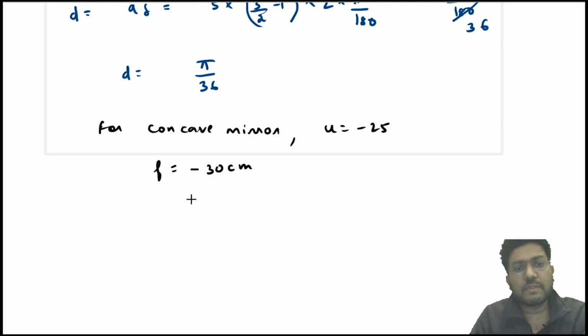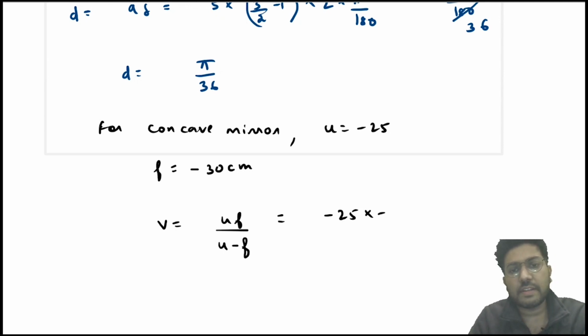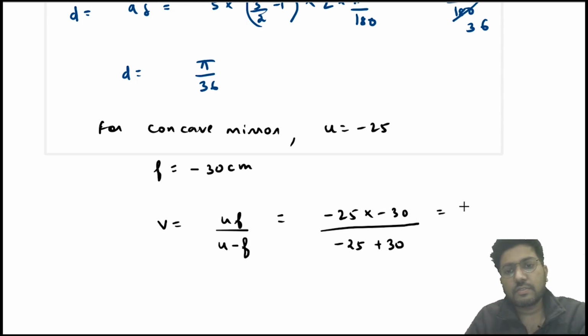Okay, so it will be minus 30 centimeter because it is a concave mirror, and I'll write v is equal to uf by u minus f, and this will be minus 25 into minus 30 divided by minus 25 minus minus 30, that is plus 30. So from this you will get 25 into 30 divided by 5,